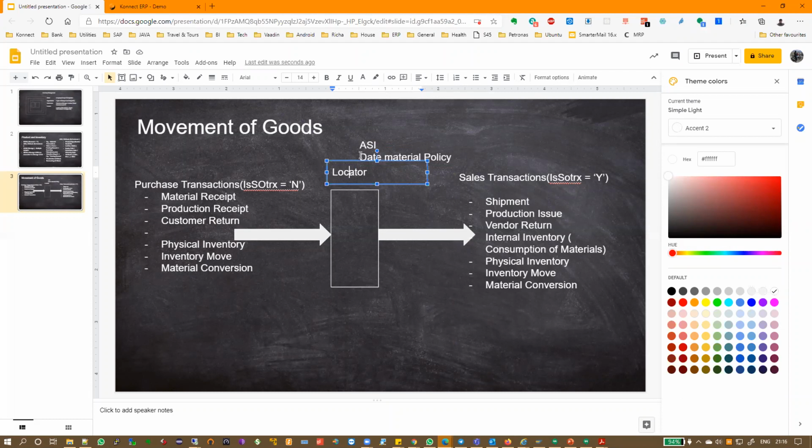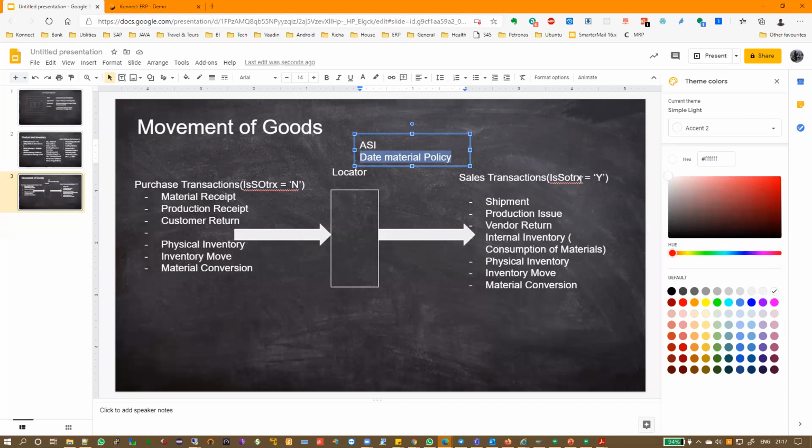The date material policy generally, for all incoming transactions, please note this very carefully, will be based on the date of these documents. When you did the material receipt, when the production receipt happened, that is the primary motive of how date material policy works.